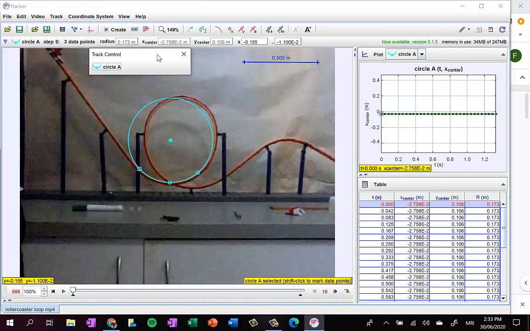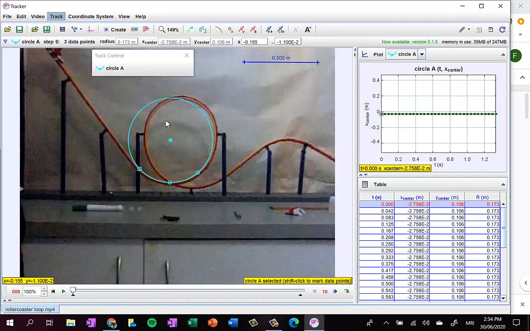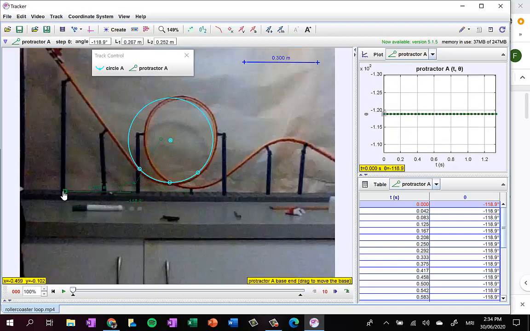Another useful tool that we have here for calibrating the video is a protractor. So let's say we wanted to work out what angle this slope is here. Again, I'll go to Track, New, and I'll go down to Measuring Tools. And I can choose Protractor here. And I get this angle measuring thing that I can adjust. So I want to have it measuring that way,